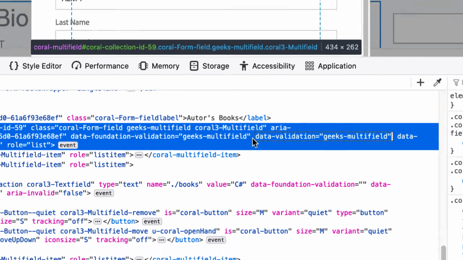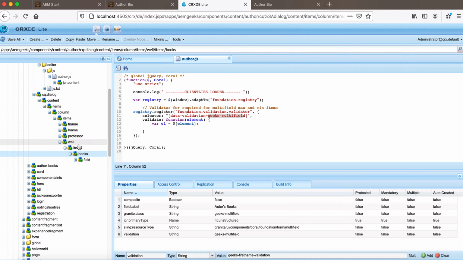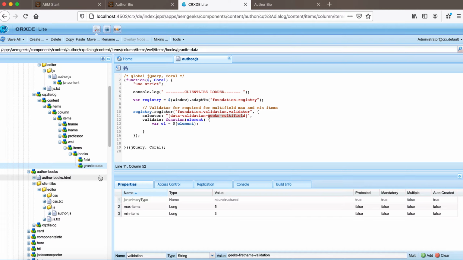So how do I do that? Rather than writing jQuery or custom code, AEM provides a way to insert that using granite:data. Or if you want to insert a class, you can use granite:class. So let me add the node here. Okay, so I have added a granite:data node, and I have added two properties.